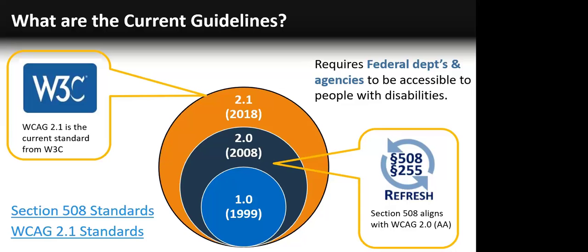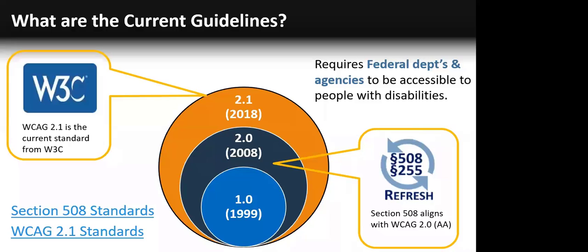As I'm sure you all know, Section 508 was a law that was passed in the 70s, and it required federal departments and agencies to be accessible to people with disabilities. There are certainly plenty of private corporations that, if they have any sort of relationship with the federal government, might also be required to be Section 508 compliant. But it's meant to be for federal departments and agencies. And for decades, that was the only standard.